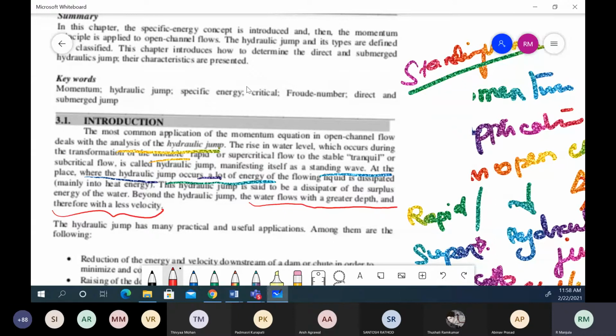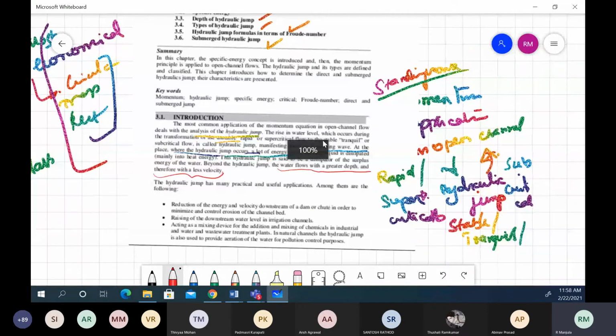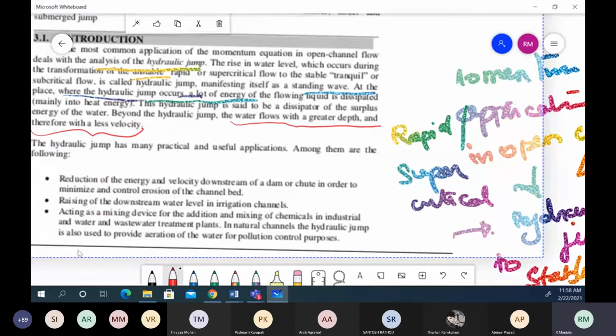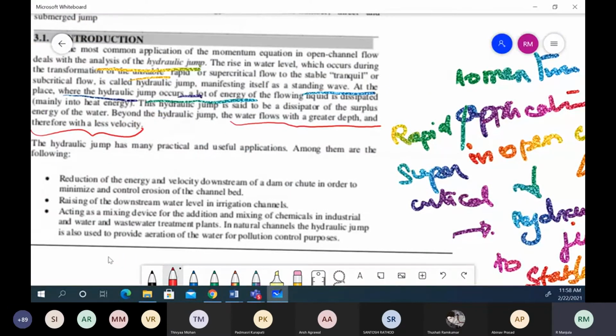Now, what are the applications of this hydraulic jump? It has many practical and useful applications. The first is reduction of energy and velocity downstream of a dam or chute, in order to minimize and control erosion of the channel bed. So if you have a dam here,